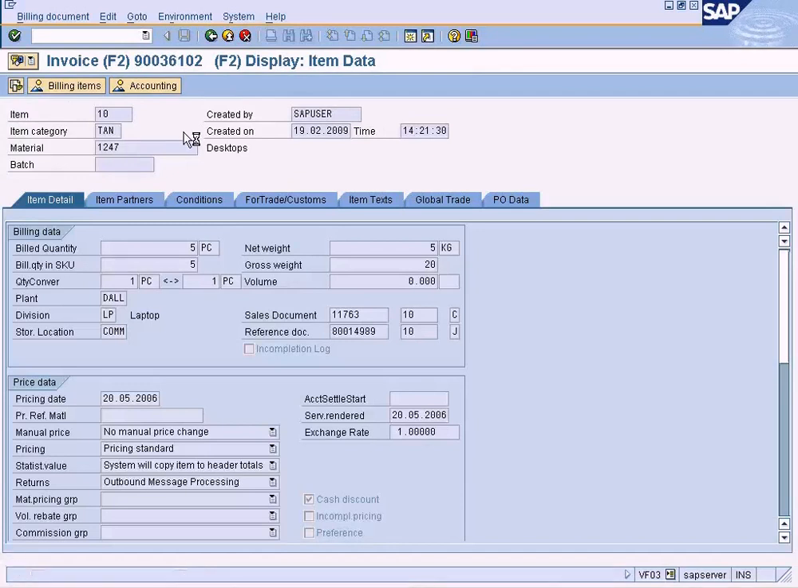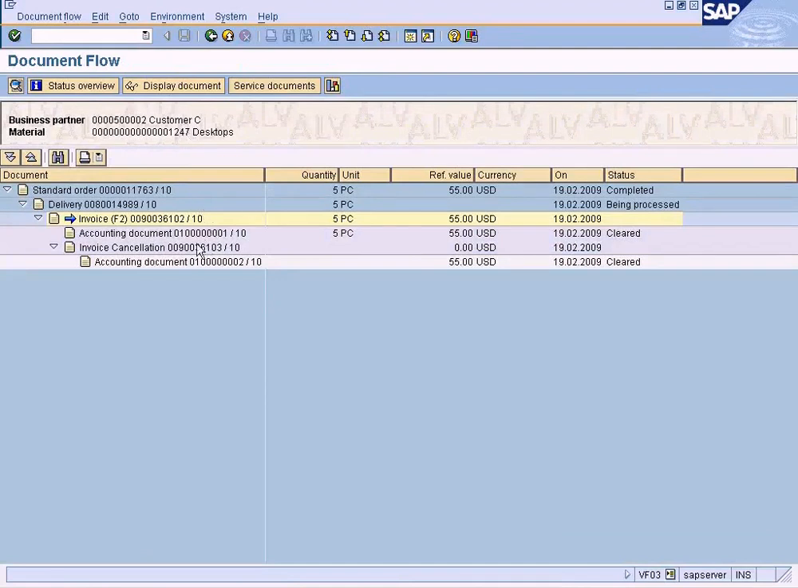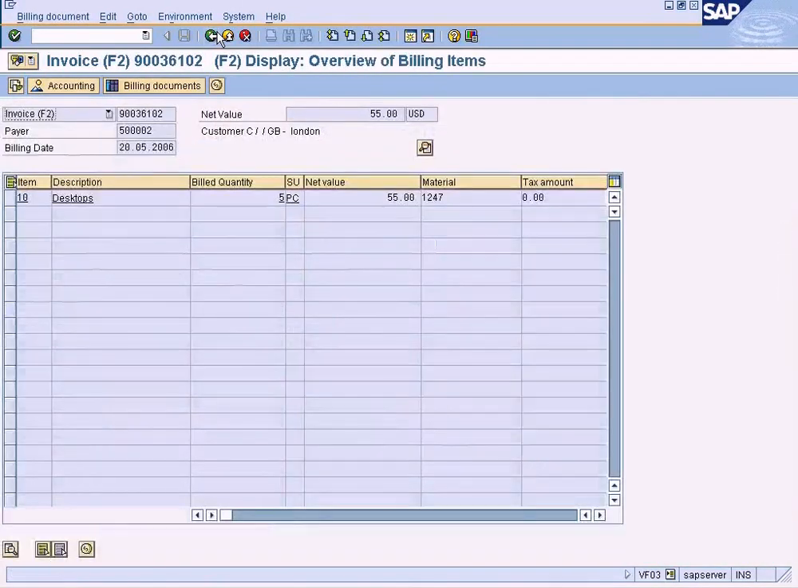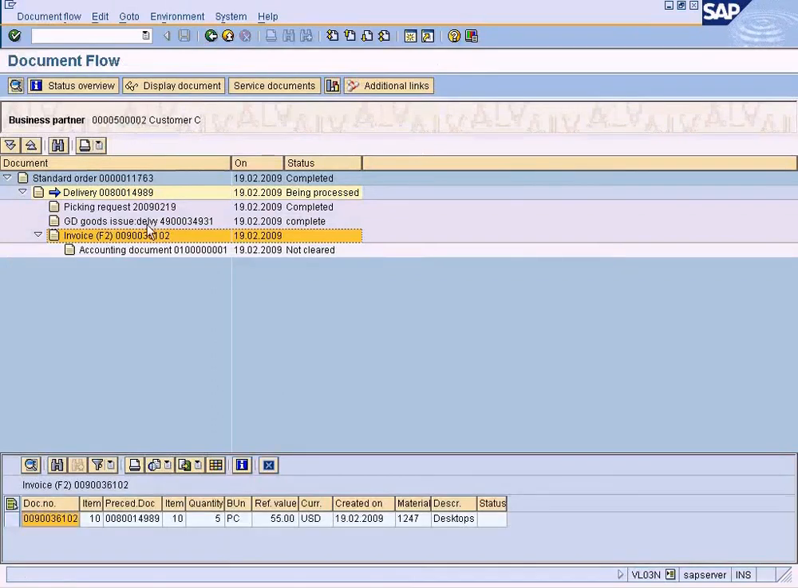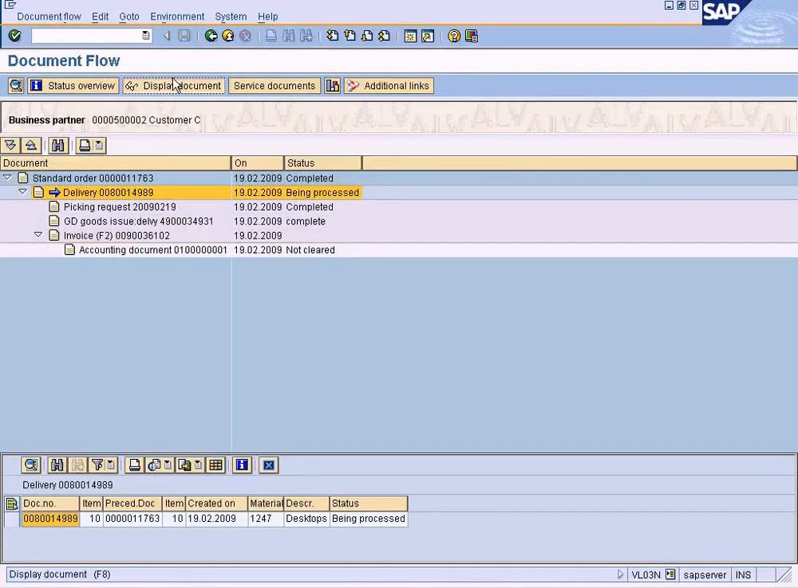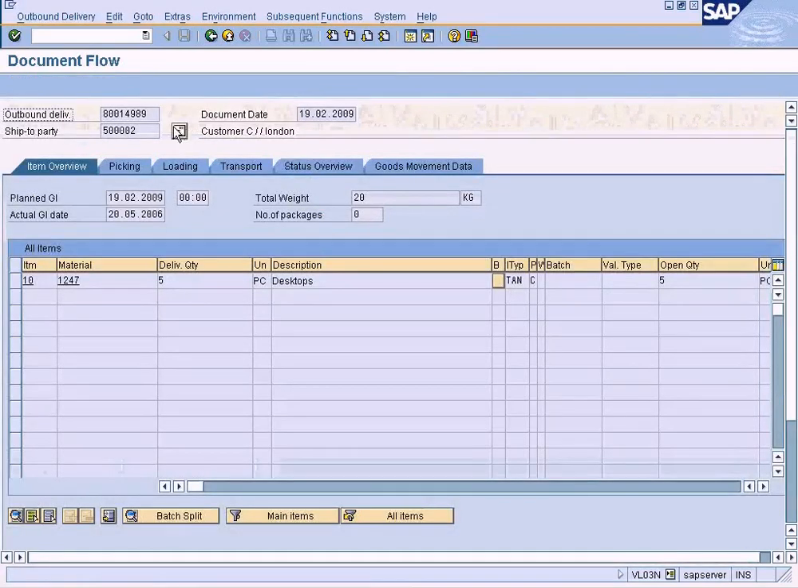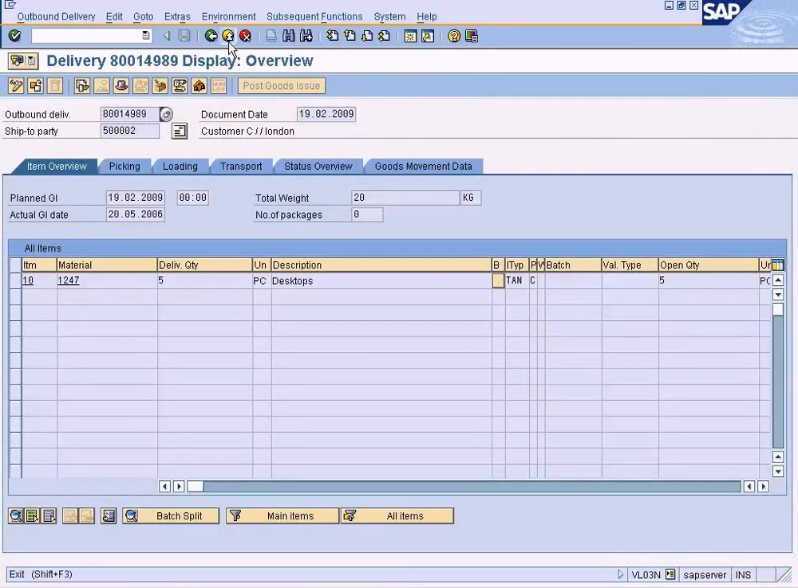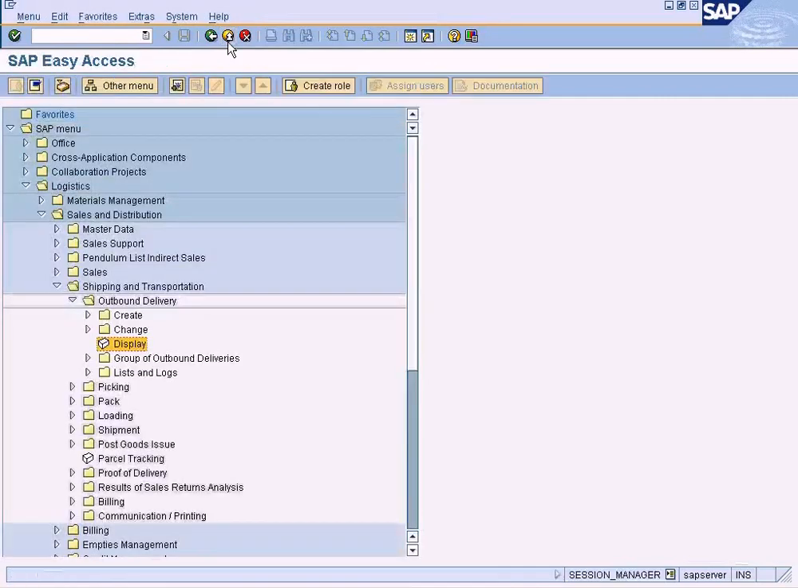Go to sales document flow. There, over here, it has been cancelled now. So good, now we can cancel the outbound delivery. Where is the outbound delivery? This is the one. Let me copy that number